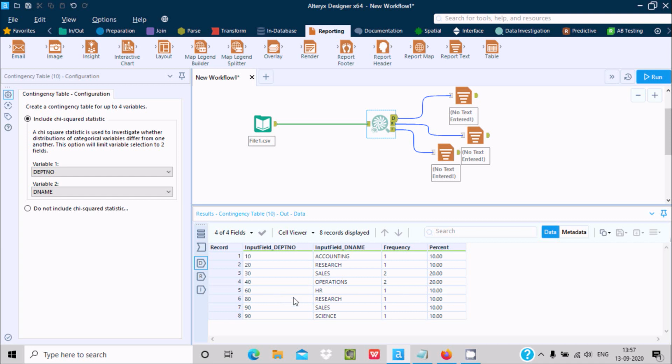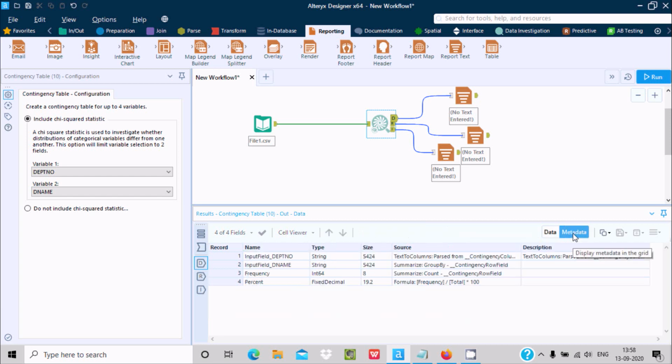So when there is a duplicate, the frequency is 2; if it has 3 duplicates, the frequency displays 3. Now the percentage: 2 duplicates, so it's 20%. Now this is the metadata information: input DPT number, dname, frequency, percentage.